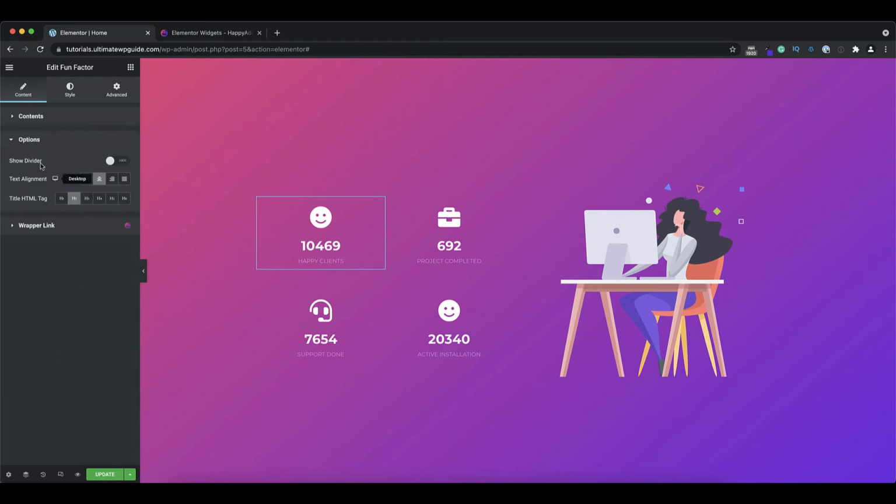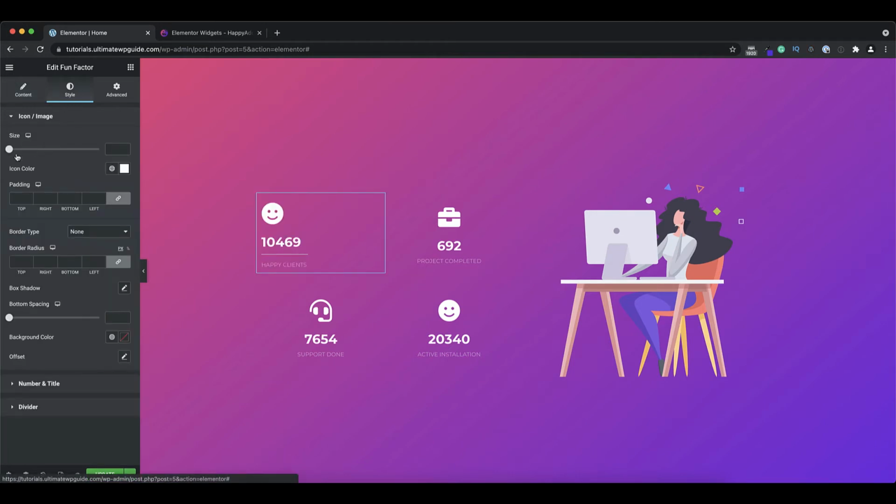On the options, not too much to set up. I've got a divider. This is pretty much the divider that I can show in between the number and the title. And I can set up the text alignment to be center aligned, left aligned inside that widget, but I'll leave that at center. Heading over to the style tab, here very basically I can set up the icon size,